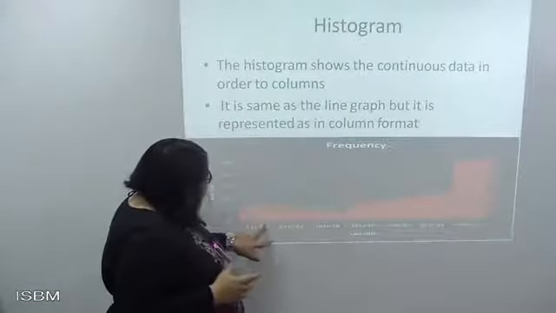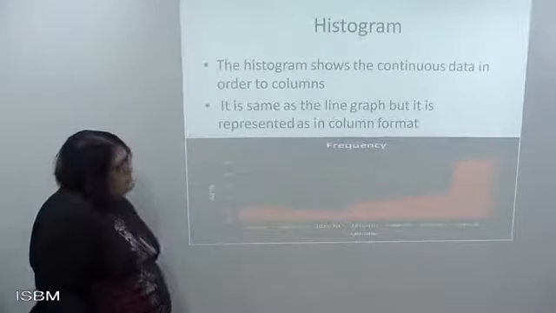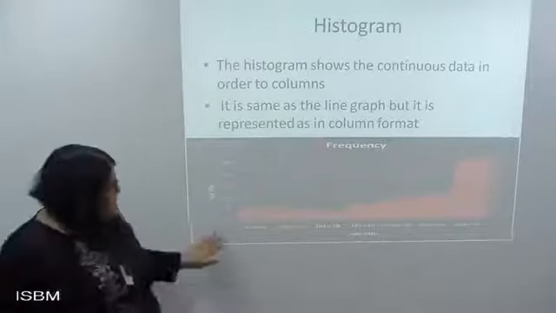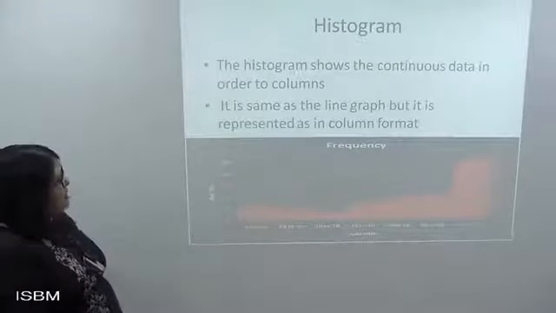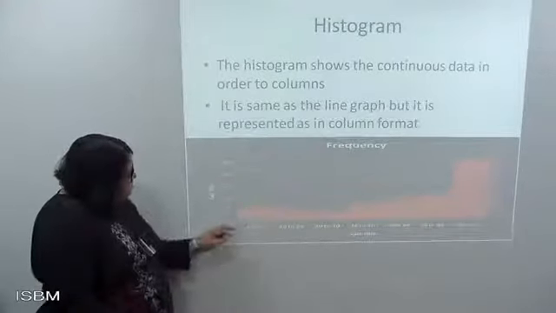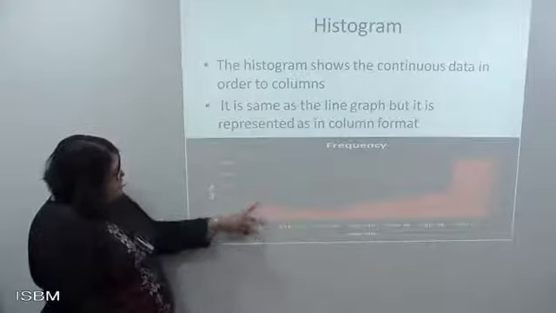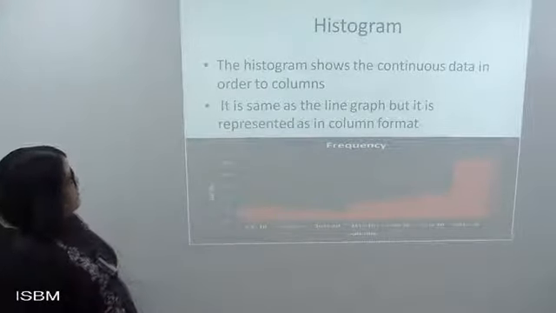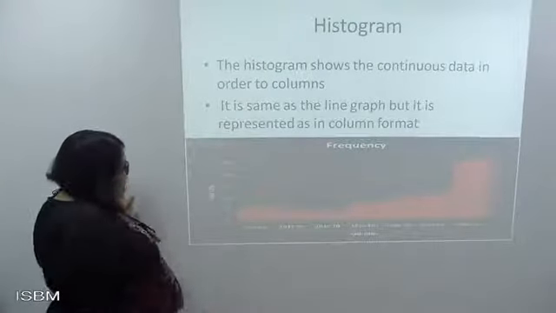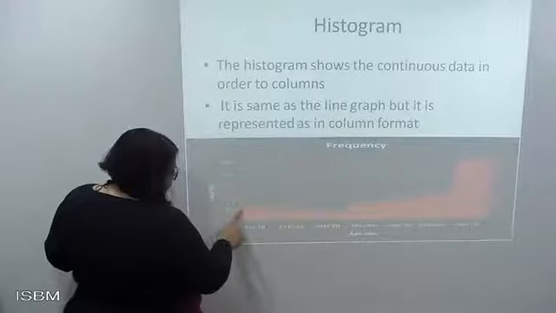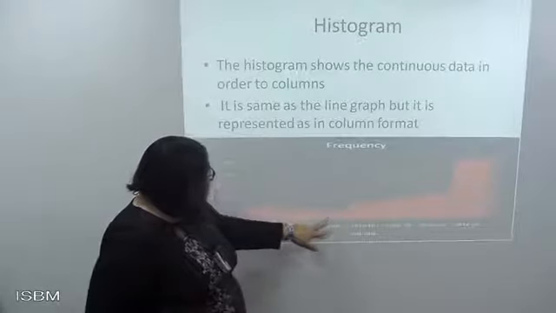So 0 to 10, 10 to 20, 20 to 30, 30 to 40, 40 to 50, 50 to 60, 60 to 70 is something which you place on your y-axis, and you'll have your range from 0 to 25 in your x-axis. Now between 0 to 5 in the subgroup of 0 to 10, you will denote the frequency through a column. Then again 10 to 20 subgroup, you will again denote the frequency. So if 5 is young, probably this is 3.5, it's 4. Then in 20 to 30, probably it is